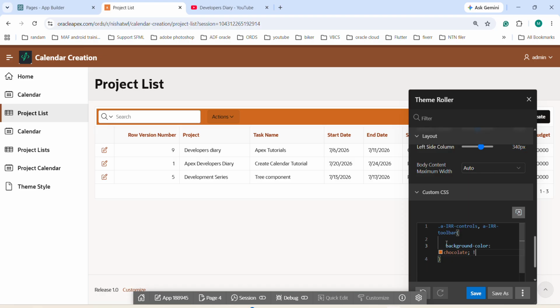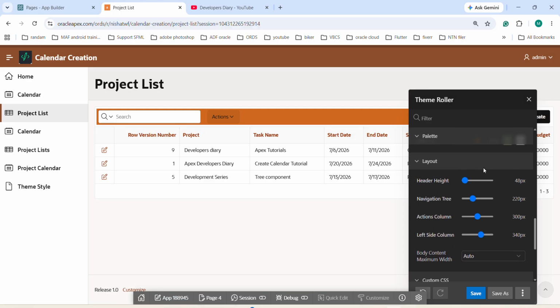Mark it as important. So you can see that we have changed the color of this toolbar. So you can use the custom CSS as per your requirement, and you can modify the theme by using the